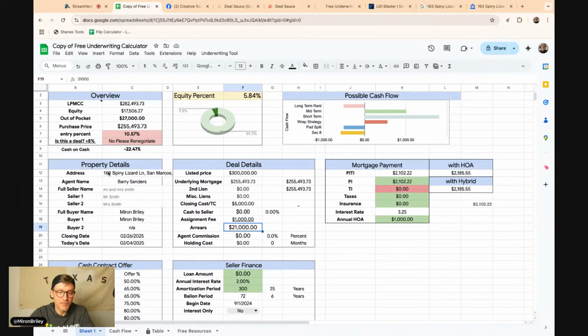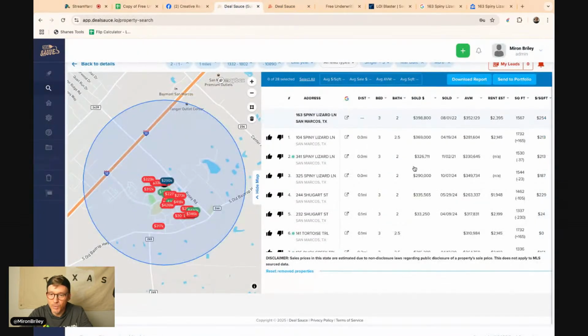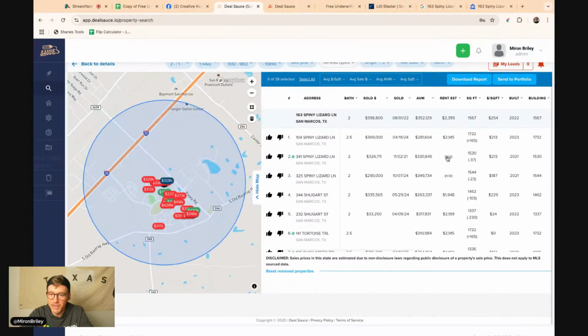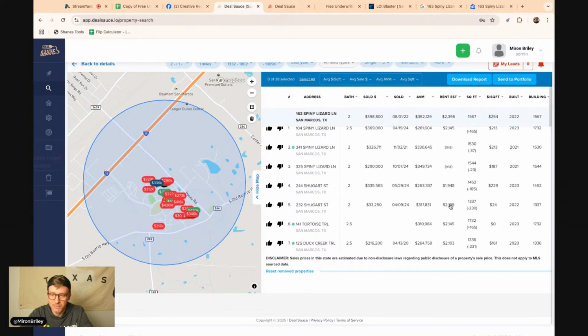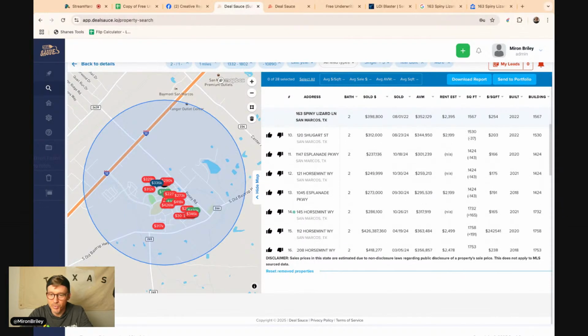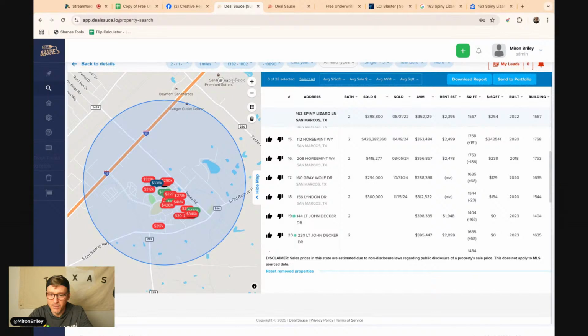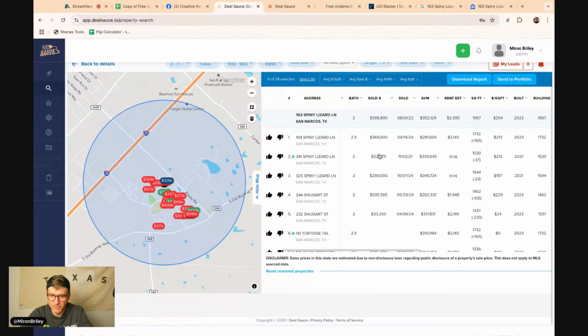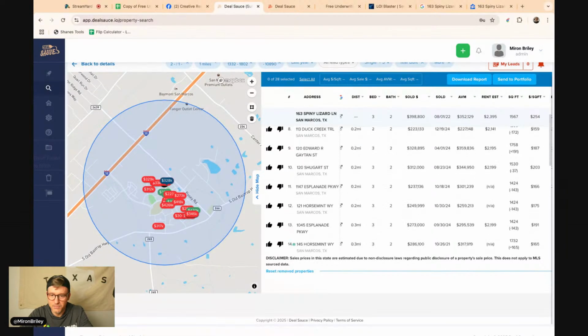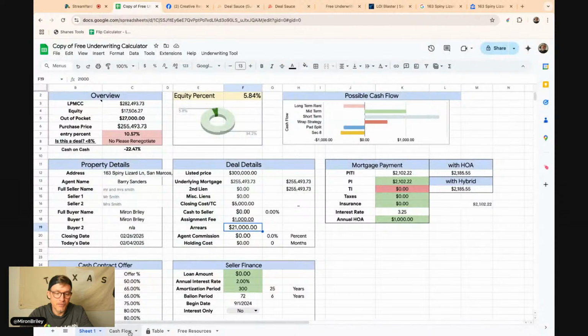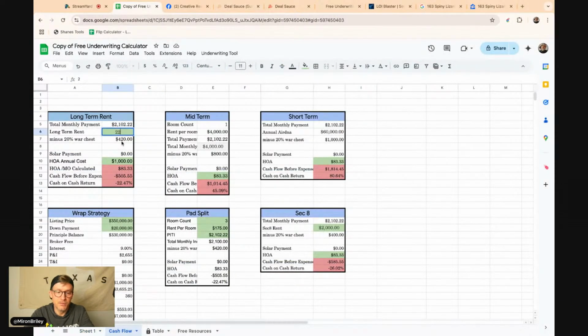So let's see. Let's go back to DealSauce and let's just see what those rents are. Estimated rent looks like 2,200 is pretty common. So we'll go back, 2,200. Oops. So